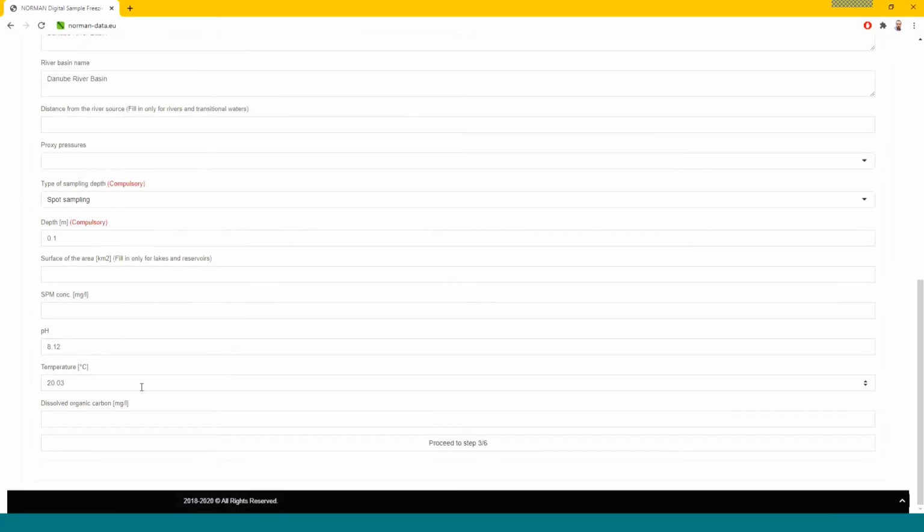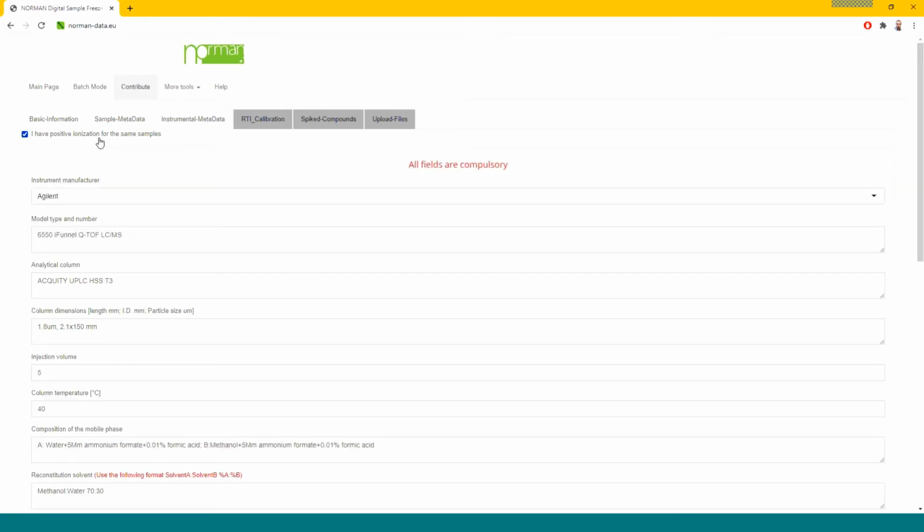In the next step, we have to specify whether our contribution is a positive ionization contribution, negative ionization, or both. Let's select positive ionization. Again, all the information is known since we selected the contributing institute.